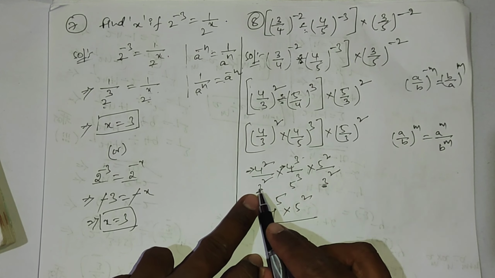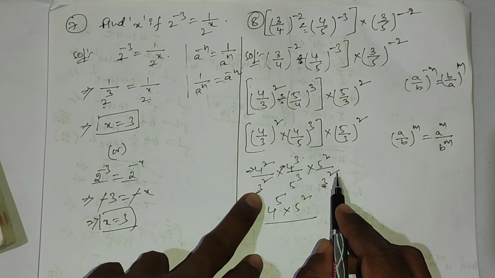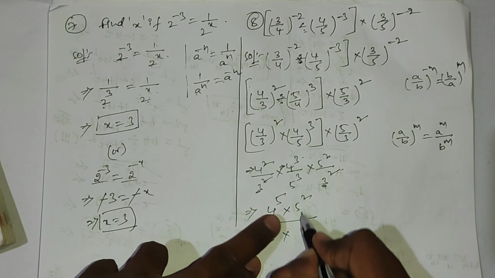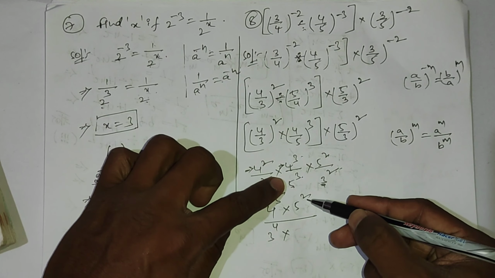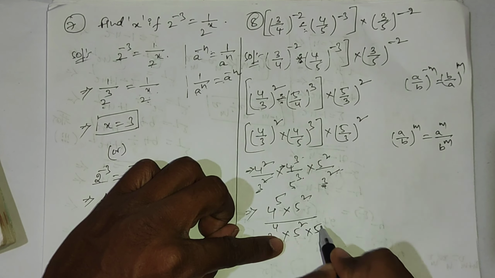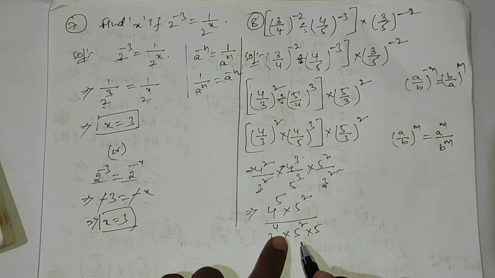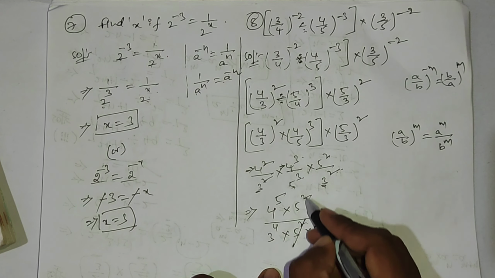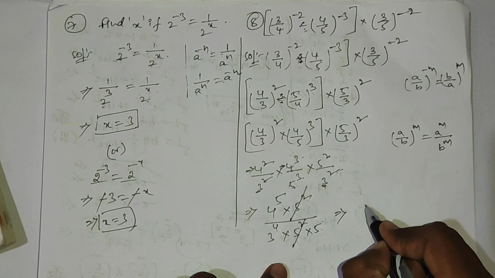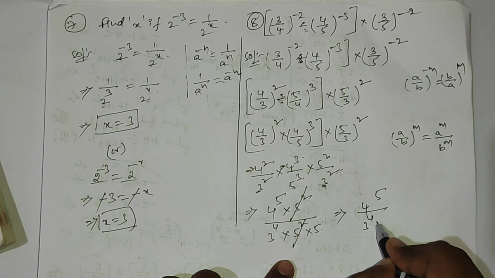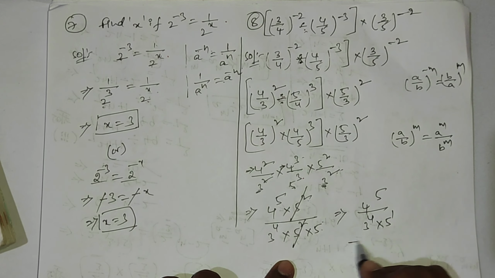Then 3^(2+2) is 3^4, into 5^3 in the denominator, and 5^2 in the numerator. 5^3 we can write as 5^2 into 5, because 2 plus 1 becomes 3. So 5^2 will be cancelled. Then what is the remaining? 4^5 by 3^4 into 5^1